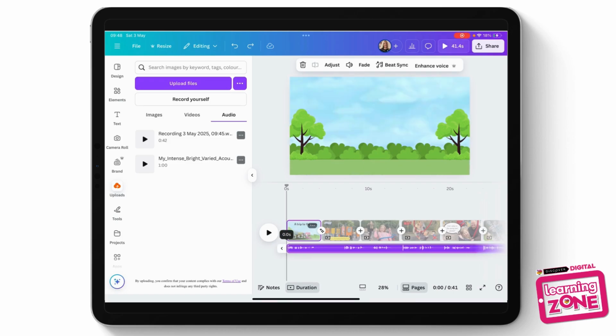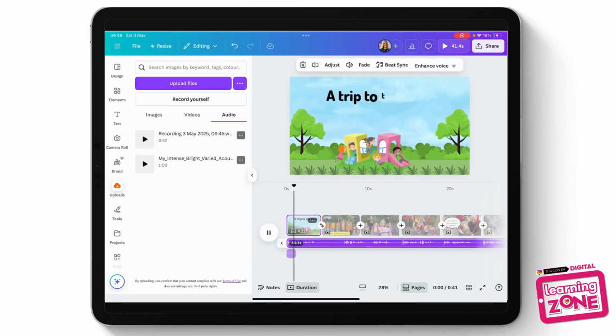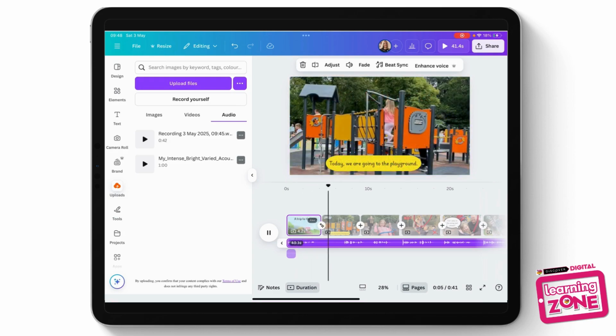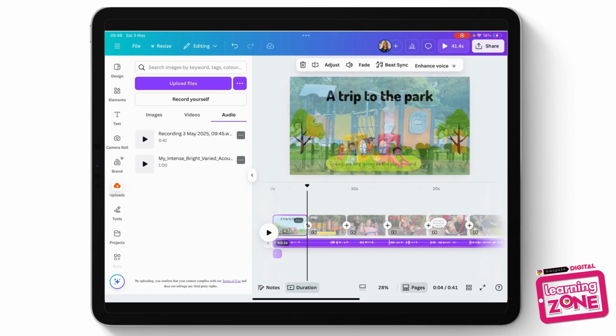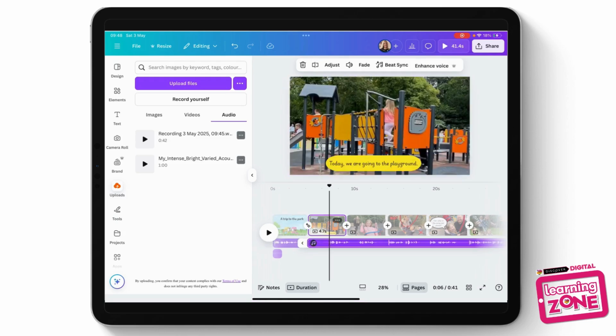So if I just move this back now to here. Today we are going to go to the park. You can see there's a bit of a gap, so I'm just going to move that all back. So I'm just going to move this little black line across so that I can get that into the right place. Here we go. And I'm just going to cut that little bit out there and do the same thing there again